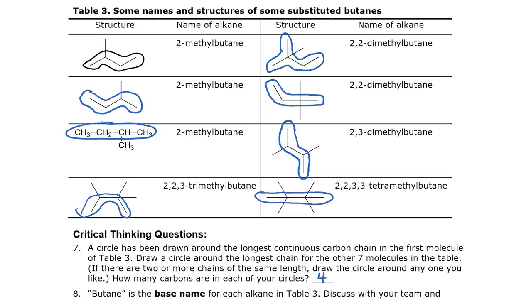So you see the one where I've made a mistake. It's this one, right? I have circled a branch. So that's wrong. So let's erase that. And let's start here. When I get to this branch, I can pick any direction to go that I want, but I can only go one of the 3 ways. So if I go up to the top, then I can't also get that one over at the left side. 1, 2, 3, 4. So in each case, there are only 4 in the longest continuous chain.